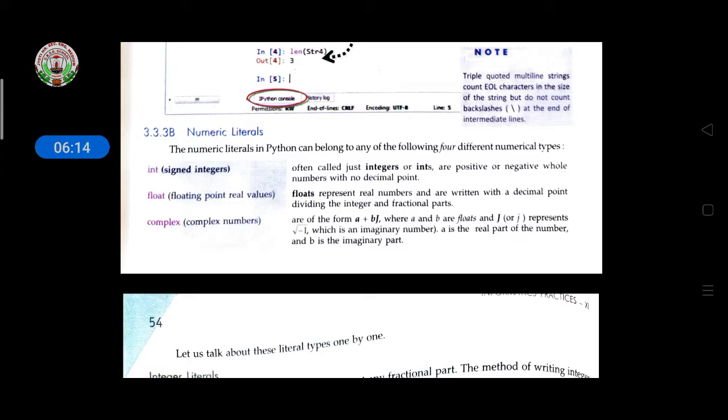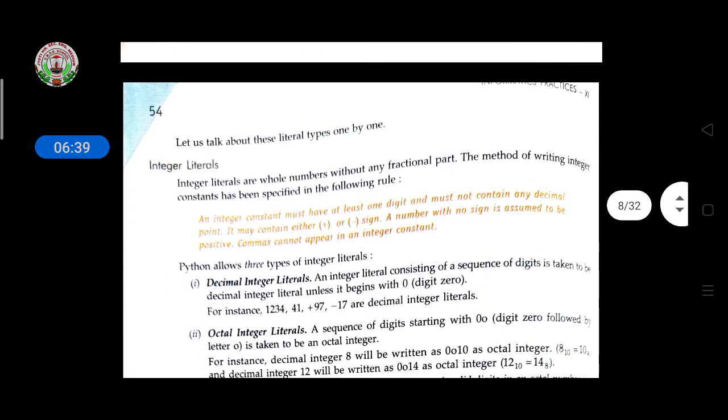Floating means floating point real values, where you have to take the fractional part, the decimal part, also. And complex means the equation given here, with a real part and an imaginary number. This is the sequence for the complex numbers we are using.